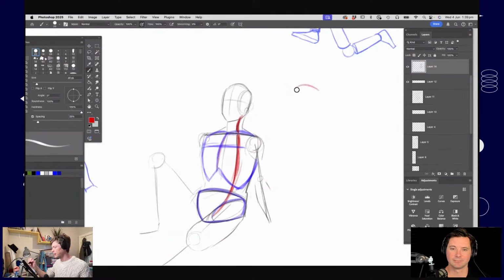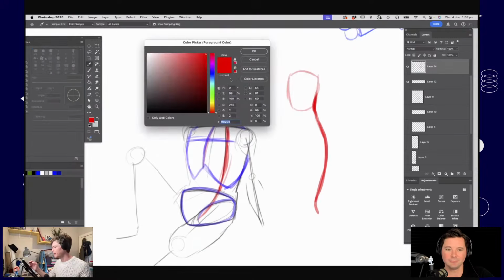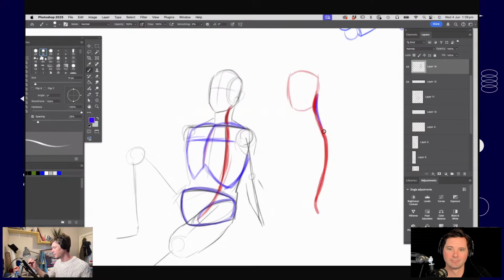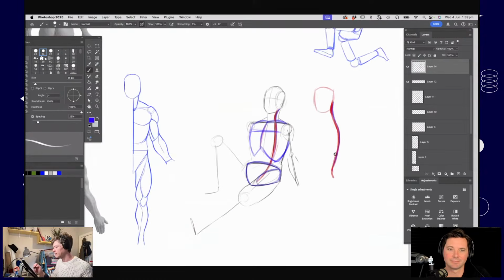If I was drawing the spine from the side, it curves at the back there and then goes around. So it's good to think about what that shape is as well, and how it moves when we move. So you can see I've got that little kink at the top, and it goes around the back as this person is slouching on the ground.